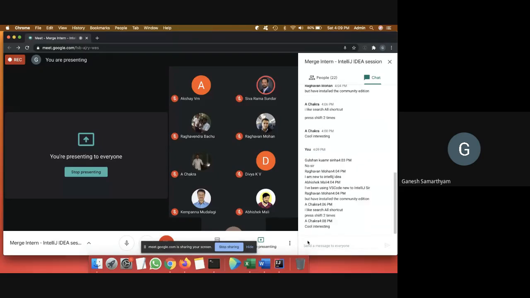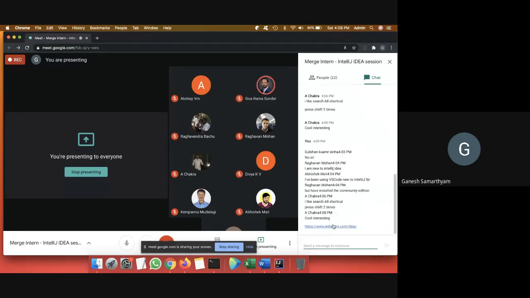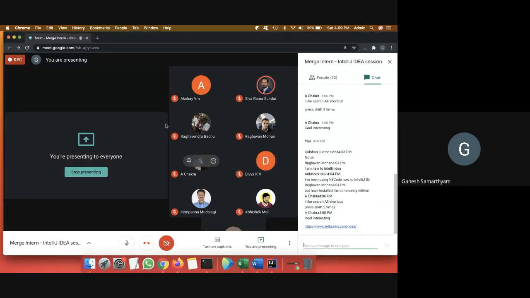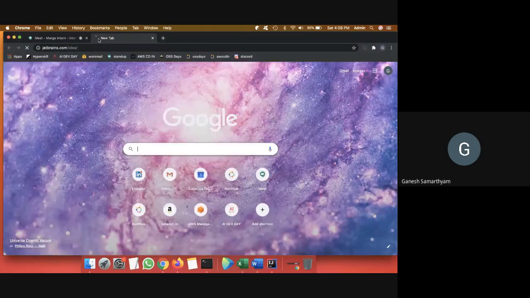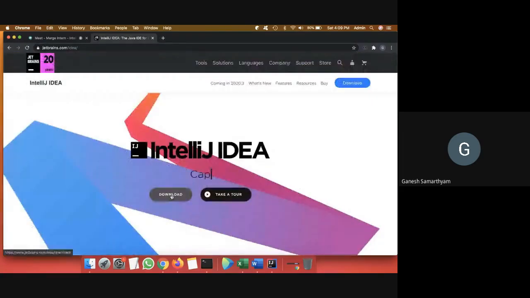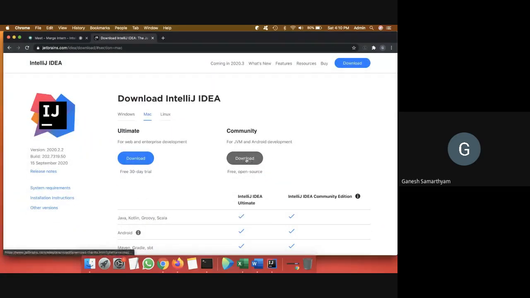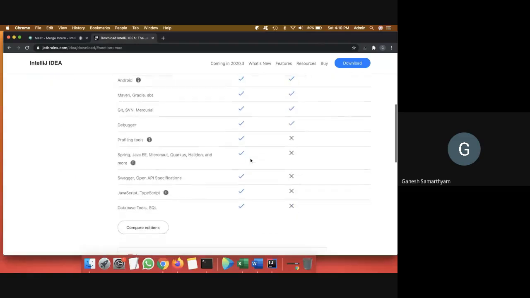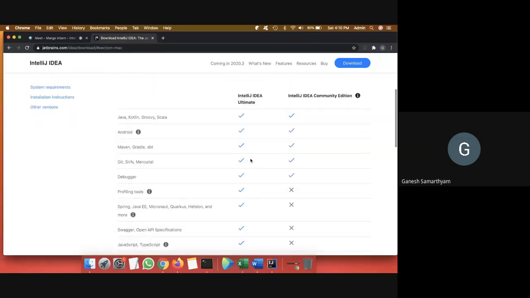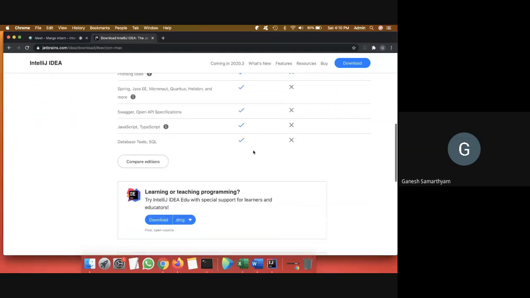Okay, this is what I need to copy. So this is the link for downloading and installing IntelliJ IDEA. Go here and download, select Community Edition, and you'll be able to install it and get it started.